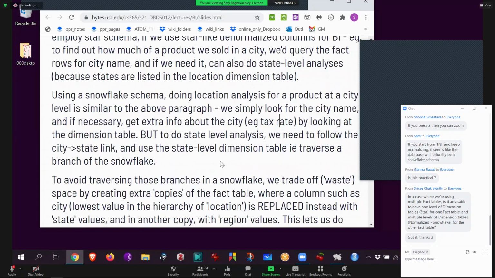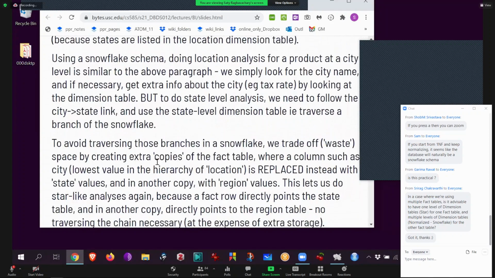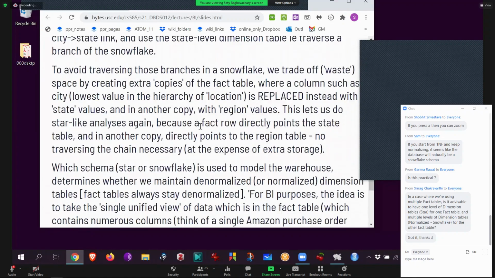And then finally, this is what I told you. The reason to have a snowflake, first of all, is that you want analysis done at multiple levels of your attribute. Your attribute is hierarchical. But now you can make hierarchical fact tables and then throw those attributes away. So no star, no snowflake. Again, too many ways of saying the same thing, many words. But if you read it, you'll understand.